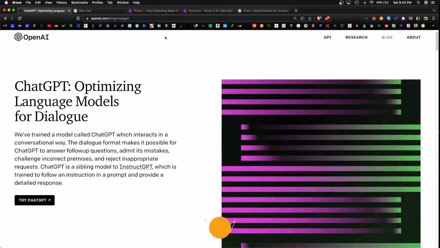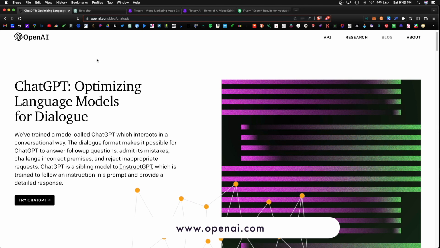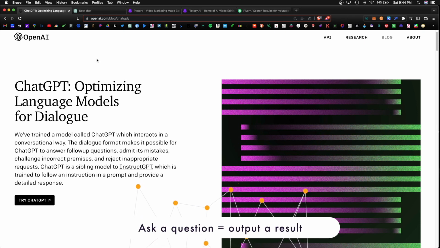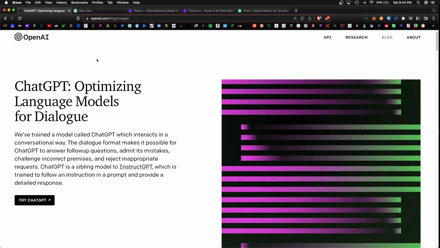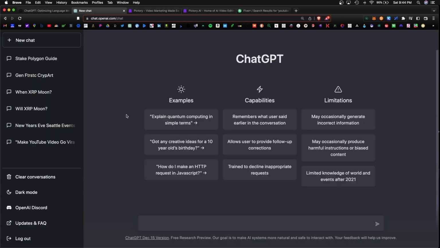So Chat GPT is finally open to the public, and this is created by OpenAI, and essentially you input a question and Chat GPT will process that request for you and output a script and answer whatever you tell it to do. The possibilities are endless. Dozens of creators and entrepreneurs are jumping onto this platform, so let me show you how we can create some viral videos. So on the website